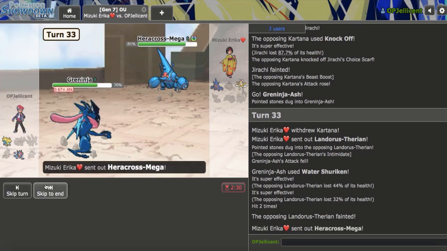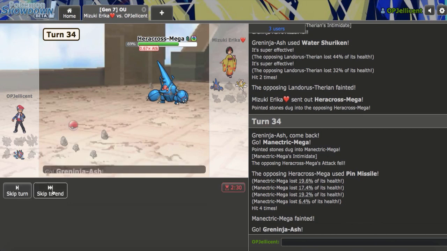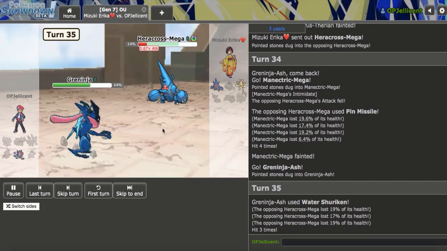Then they go to Heracross, right? I think maybe with Intimidate I can take 1 with Manectric. I have to go for that. Now I just straight up died, so I lose the game unfortunately because this doesn't kill, right? Yeah, even with it being so strong, it's not able to pick off the Heracross right there, so...